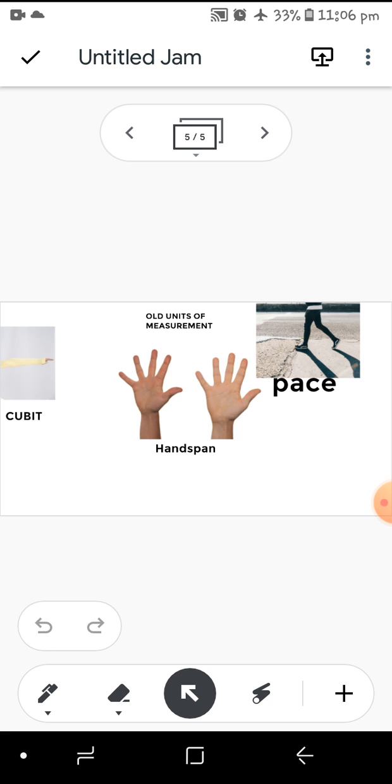But the units based on the length of the body part were not appropriate, as different people have different sized body parts, so it varies from person to person. Therefore, the need of a standard unit of measurement arose, and the standard units of measurement were developed by scientists. The standard unit of measurement